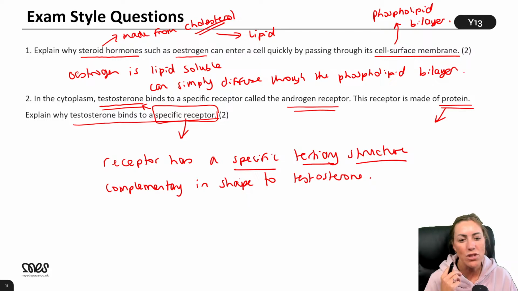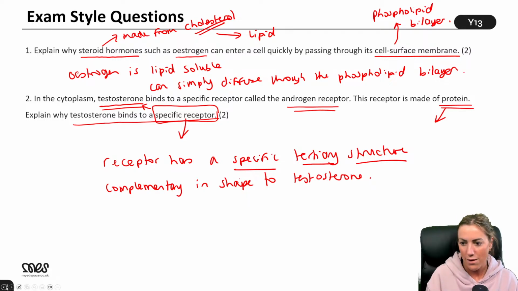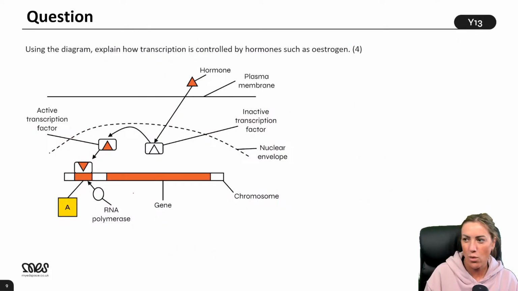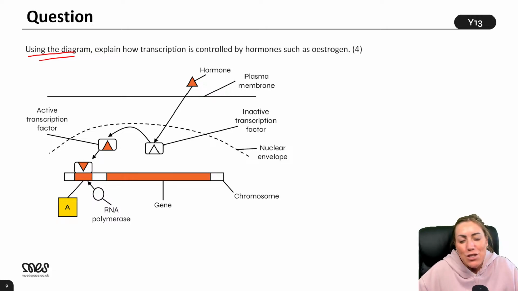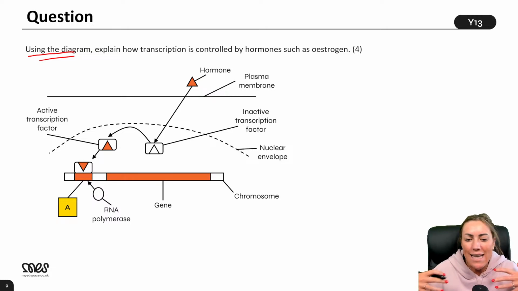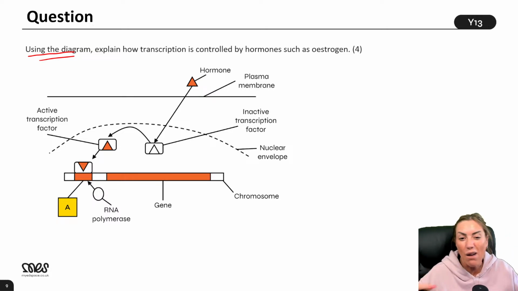Yeah, we haven't done the estrogen bit, although I'm not being funny, but this question, we haven't done this today, right? But this question is a use the diagram question. So you could have a go at this type of question if you want to, because the answers are kind of on the diagram. But yeah, if there's anything on the homework that you can't do, just miss it out. It's just to have a go at, right? So if there's any questions you really can't do, miss them out or just have a go.